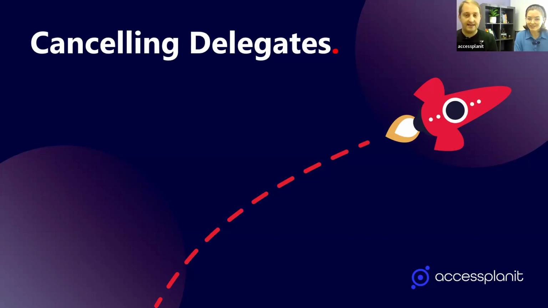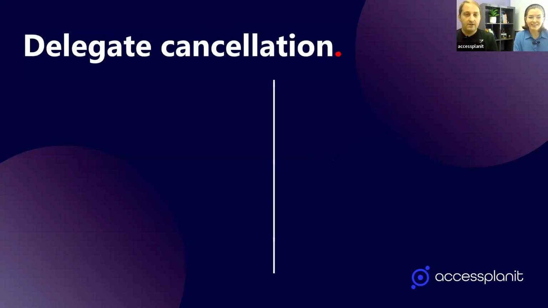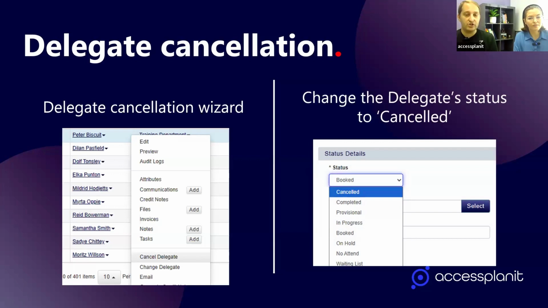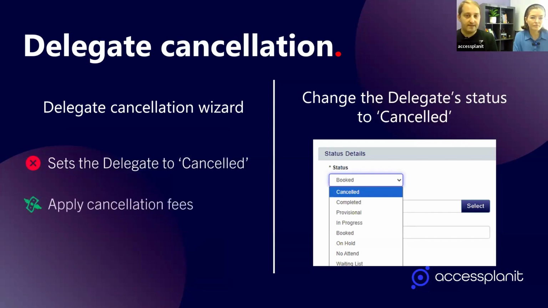So what are the ways that you can cancel off a delegate? The first option is the most popular, and that's using the cancellation wizard. The second option is a bit simpler, but this is where you just change the delegate status on the course to cancelled. But there are quite a few differences between the two. So the cancellation wizard is going to set the delegate to cancelled. It's also going to factor in any cancellation fees that you want to apply for your customer to pay. It's automatically going to process a refund to your customer if they are due one. And then the credit of the remaining balance on their original invoice so that the financials are all tied up